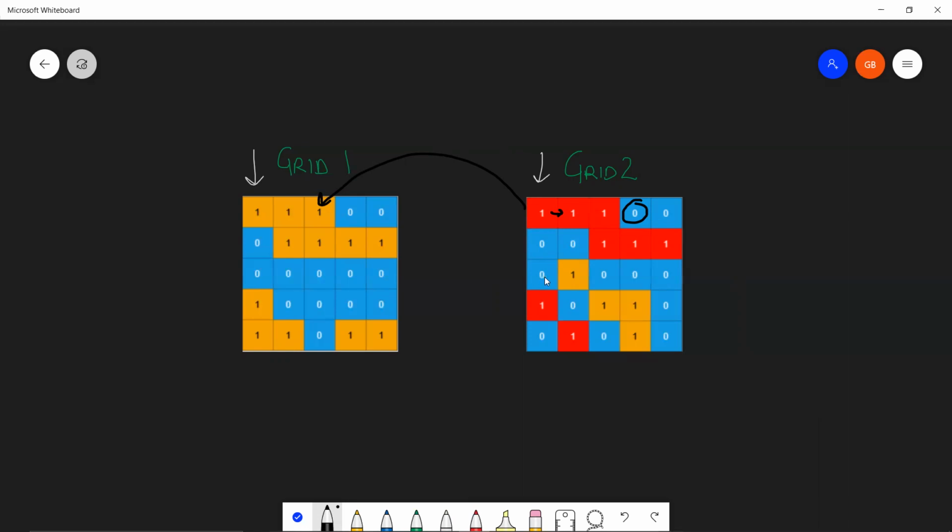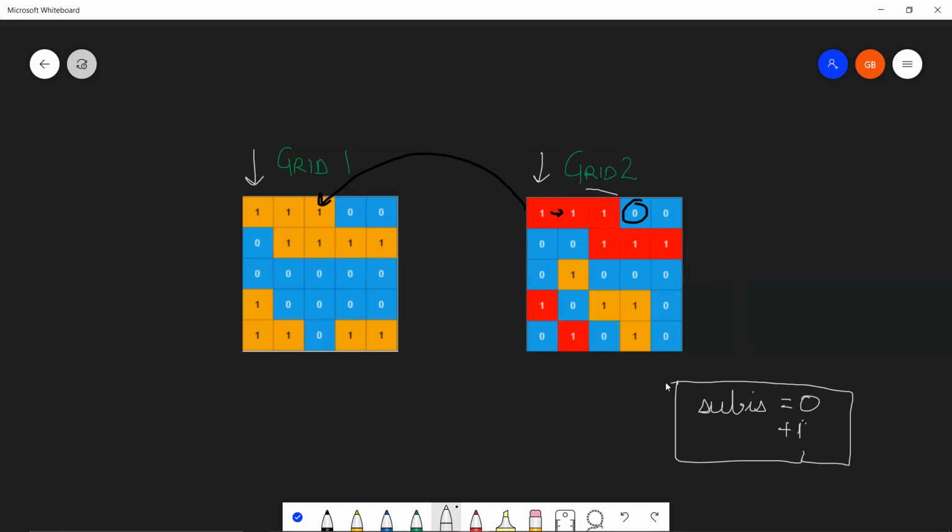And if your DFS function is returning true, let's say that you have a sub island variable, which you initialize with 0. Each and every time you find a sub island in grid 2, which is returning true via your function, you will just do +1 over here. And at the end, you'll have your count of sub islands.